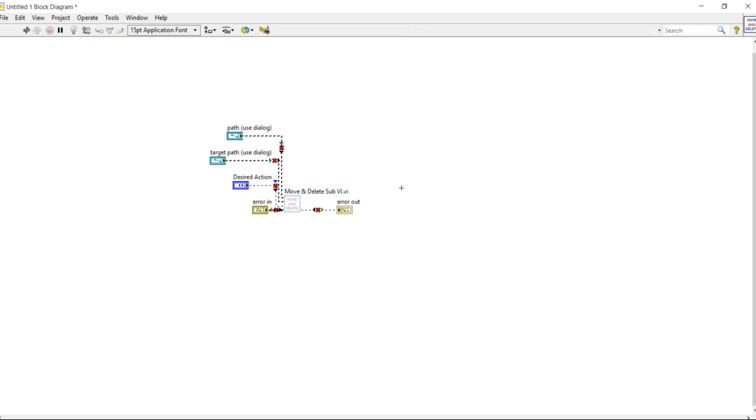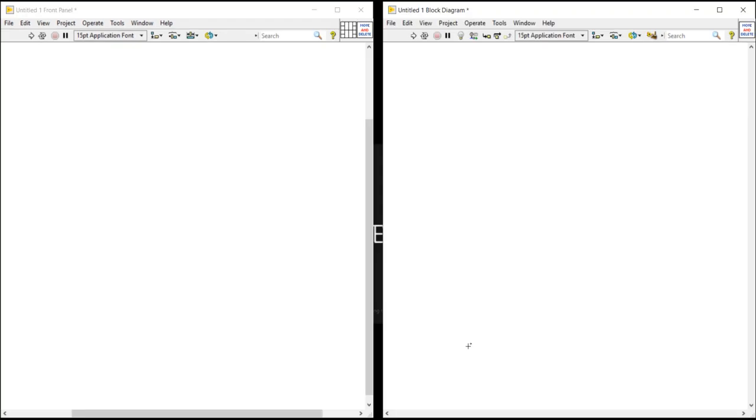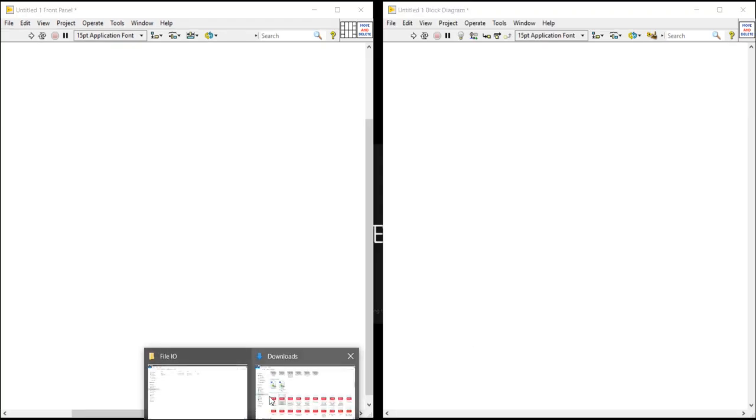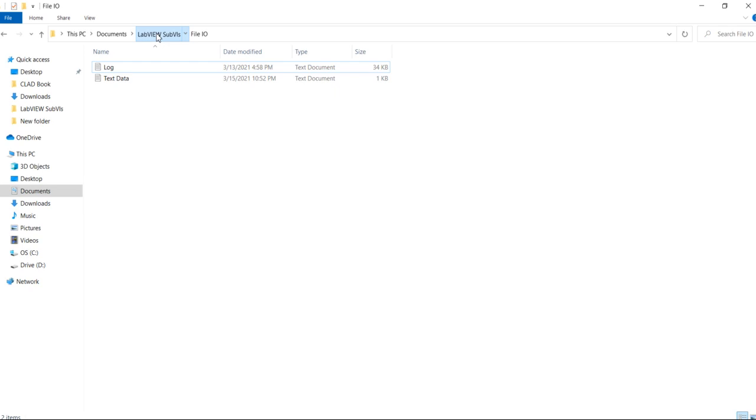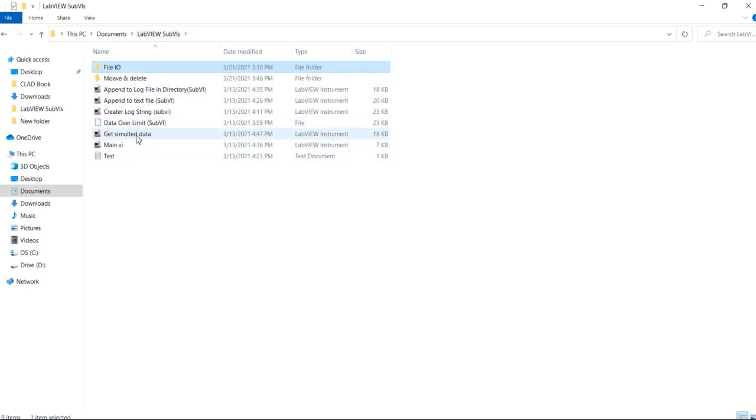Now it is time to check the performance of our move and delete VI. So here I am opening my file. Now you can see there is my main VI, get simulated VI, these kinds of VIs are present. Here I will try to delete this test and main VI.